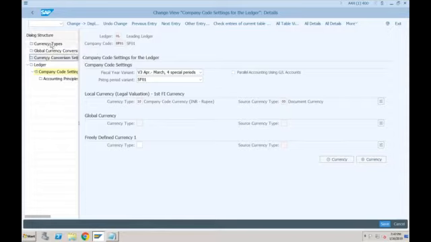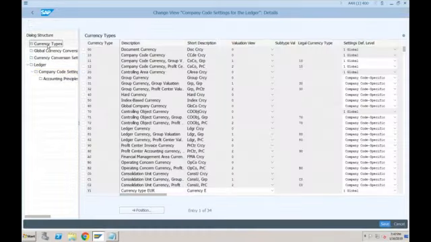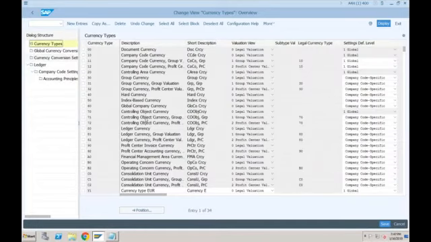Okay, so if I want to add a new currency, I'll double click on the currency type. You can see there are a lot of currency types which are not provided by SAP actually. These are currency types many consultants who are practicing on this server have created. Normally, SAP will only provide you the standard currency types, but if you want to create your own, you can easily create.